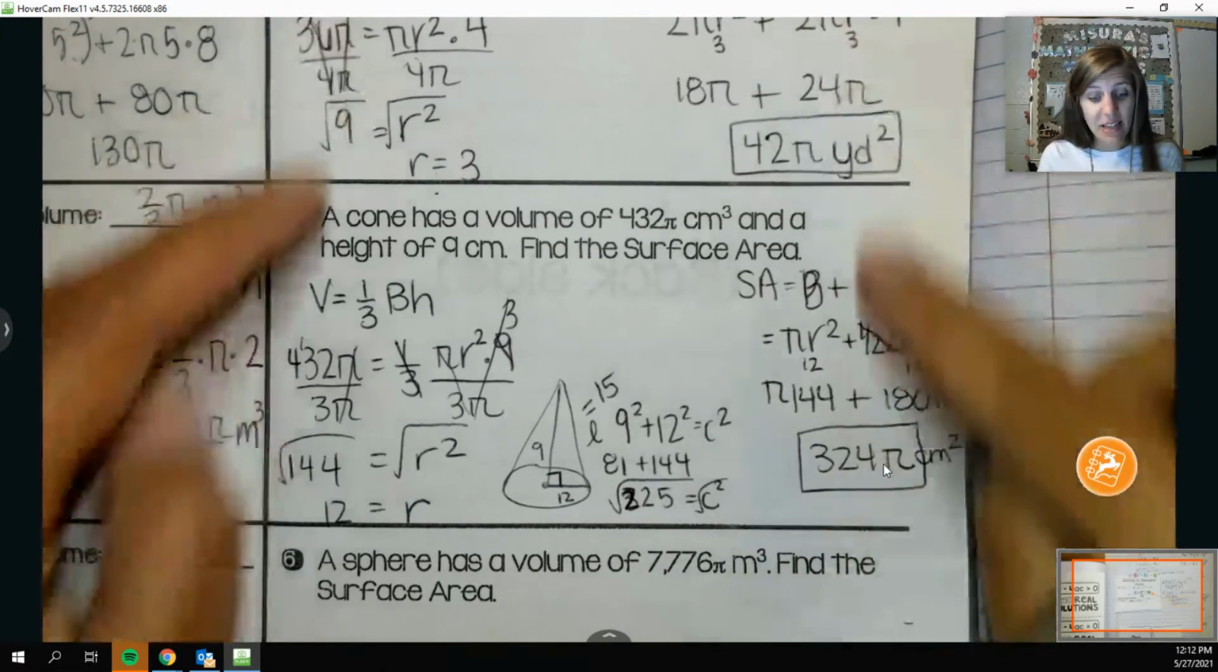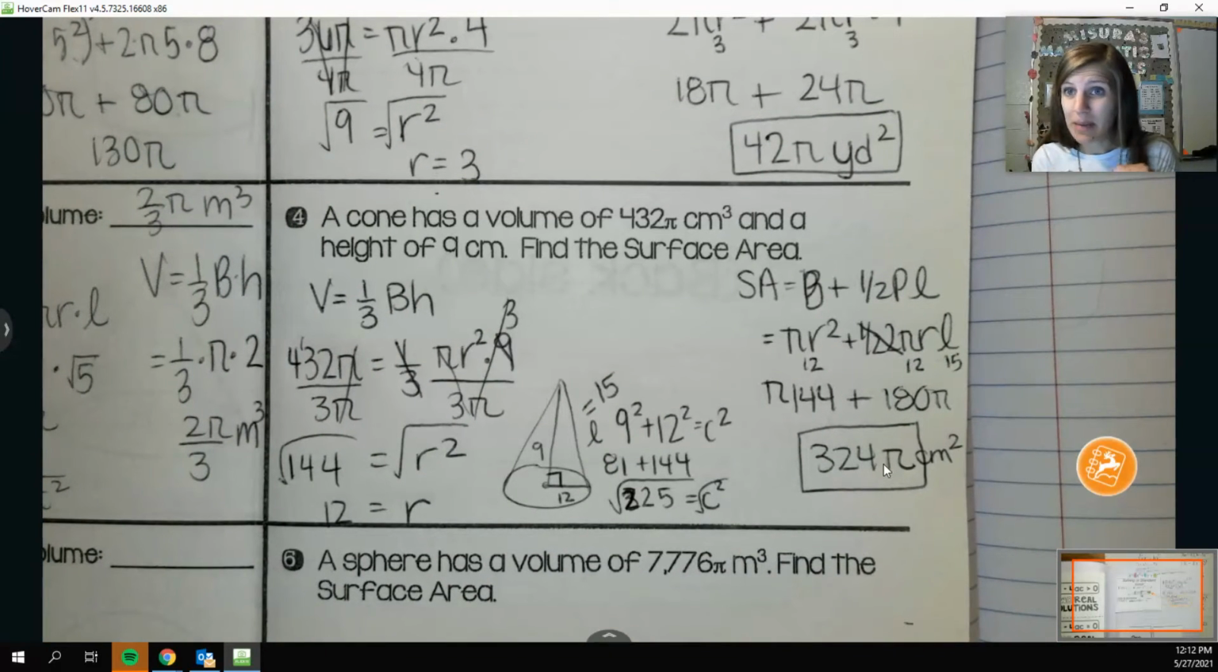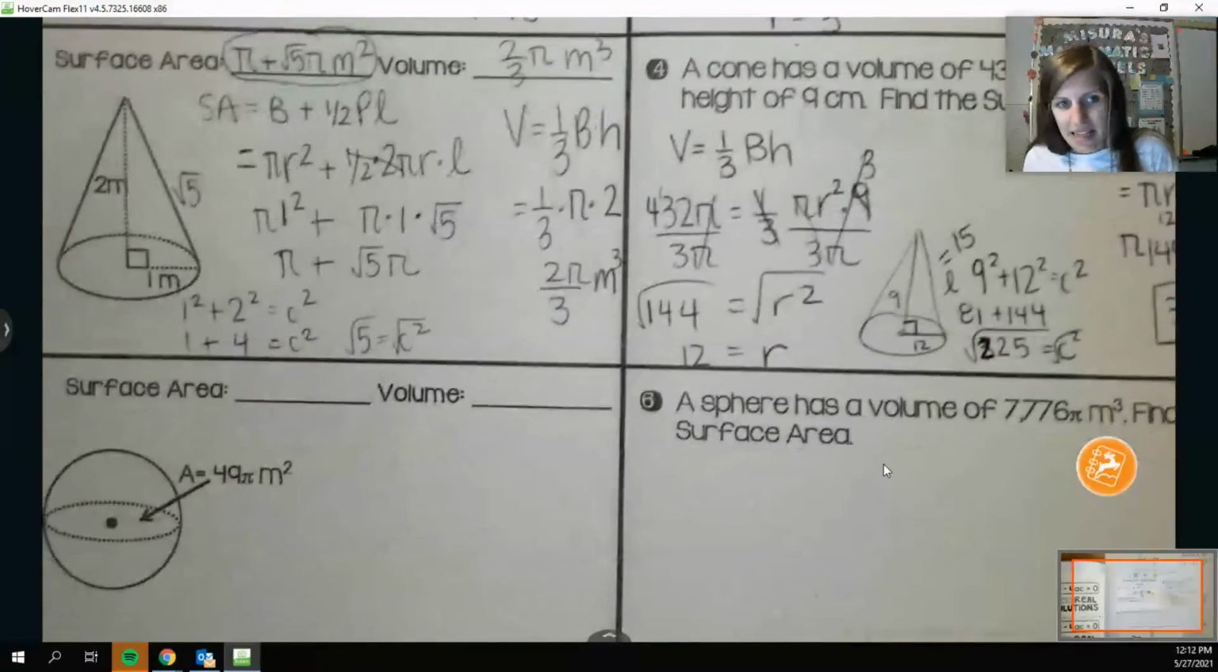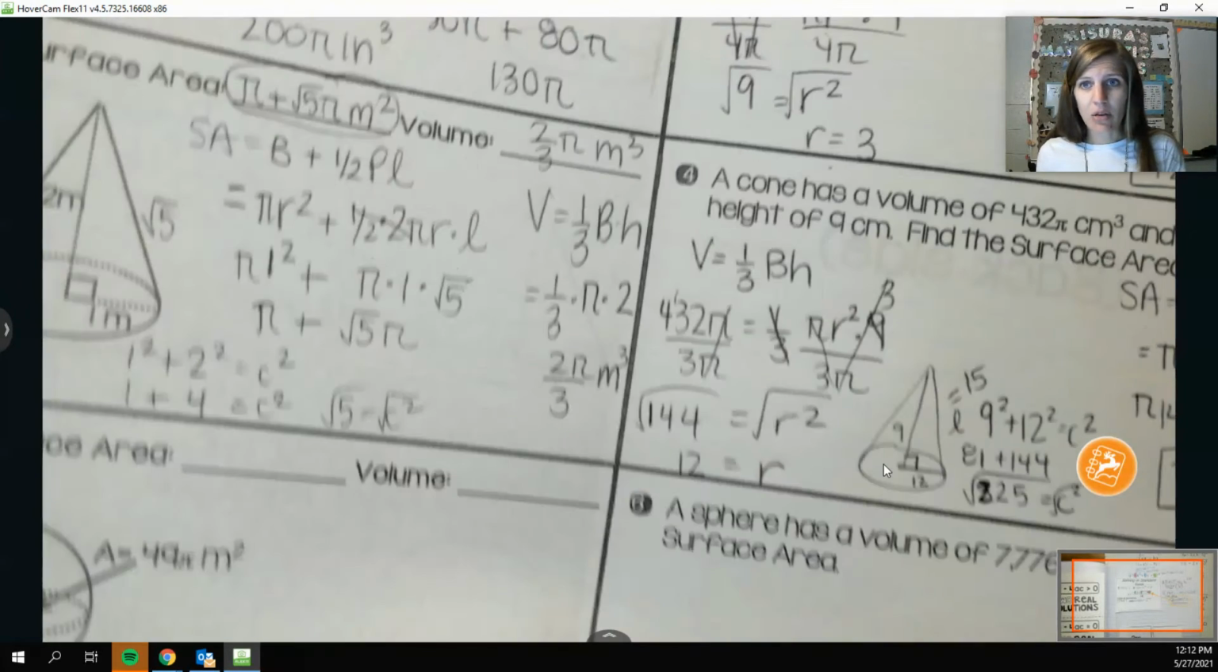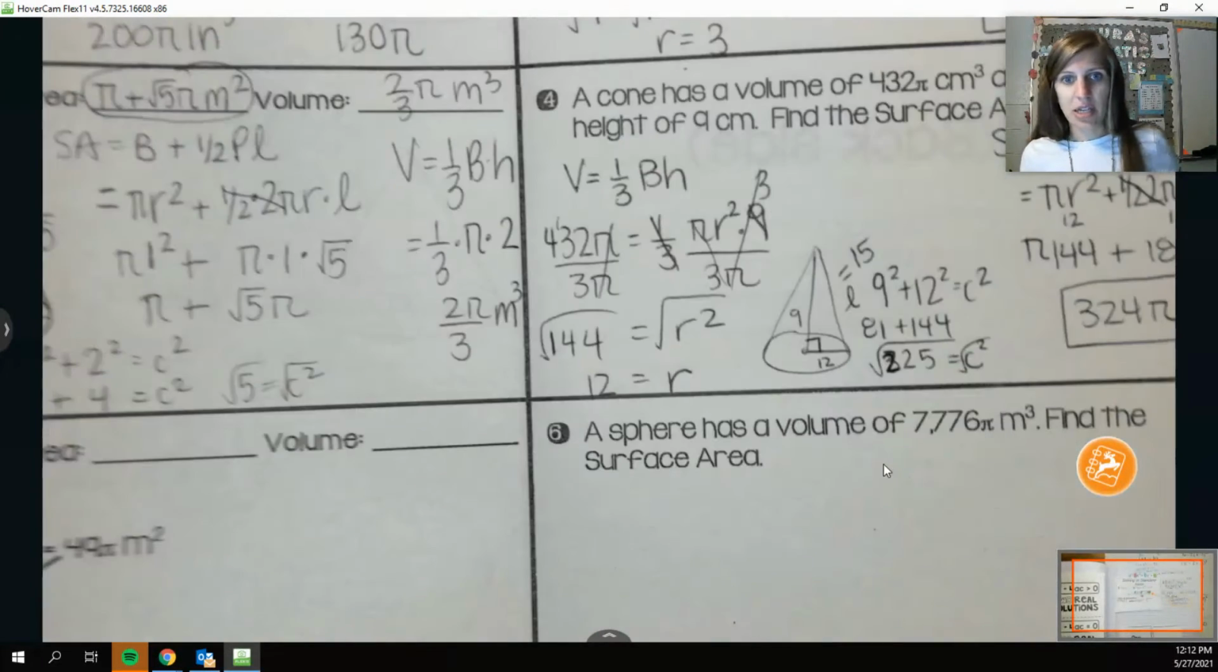Last but not least, and those ones are tricky, guys, because we're working backwards to get something and then plugging it in and going forwards. Last but not least, we have our easy ones. I think spheres are easy, but again, anything with pi,